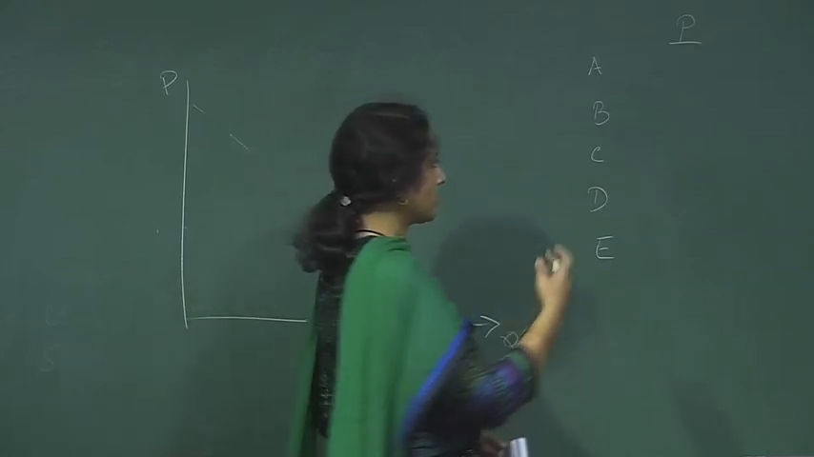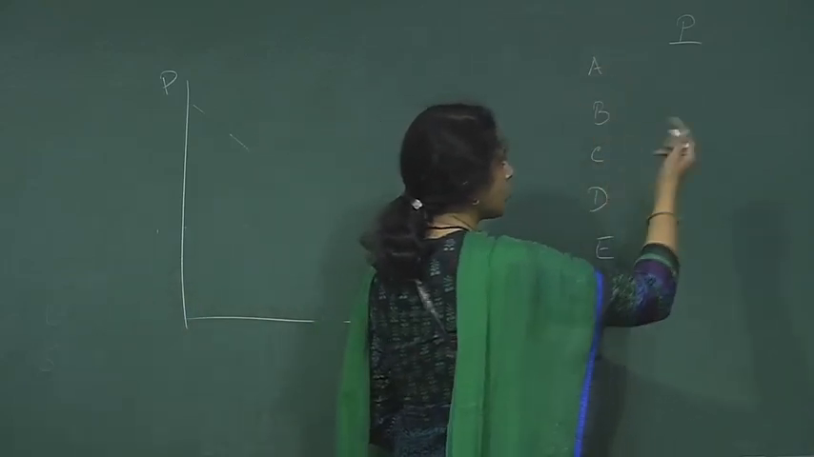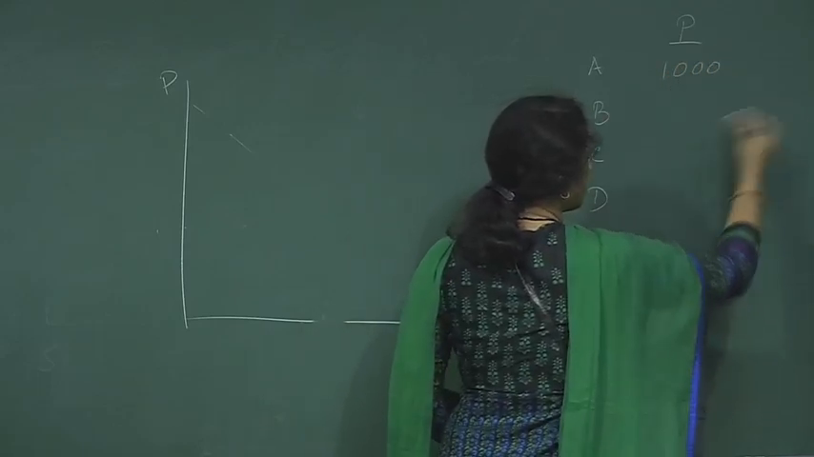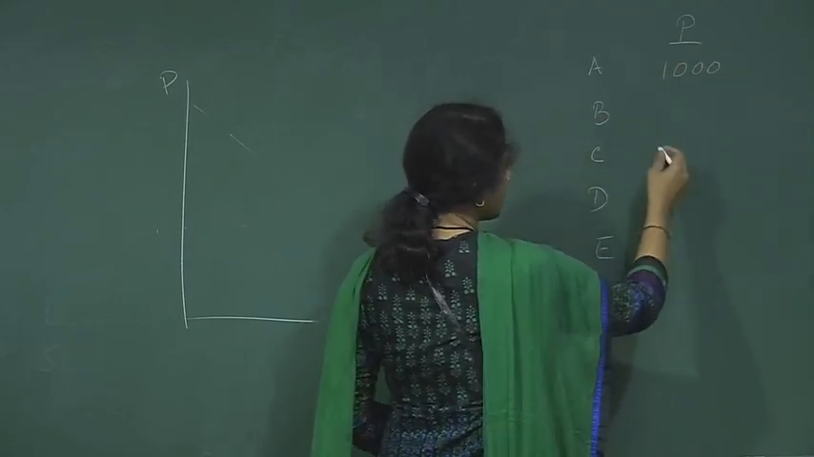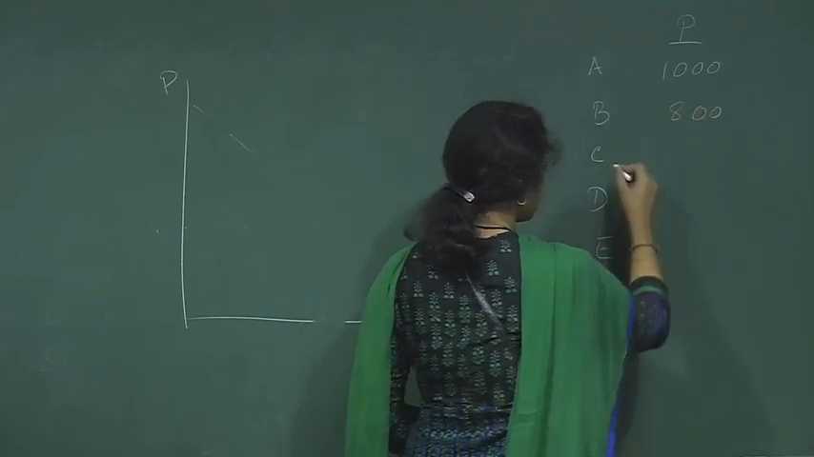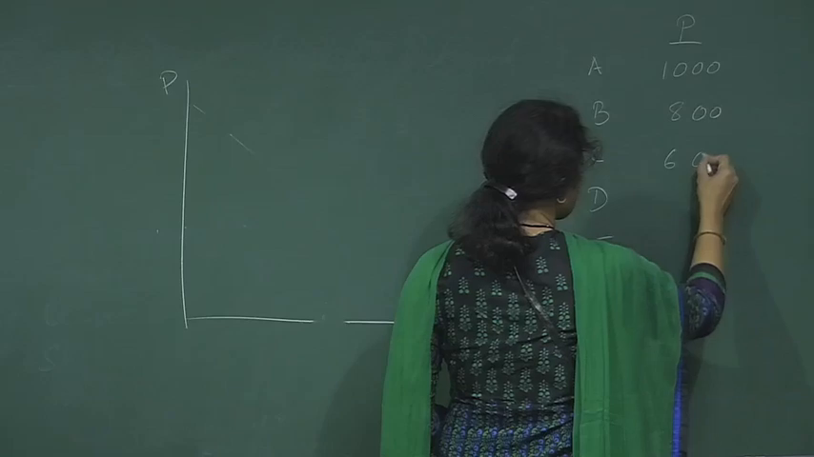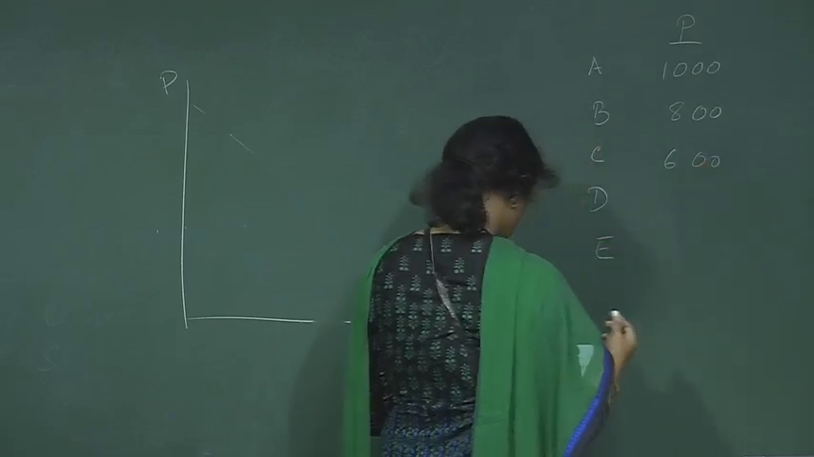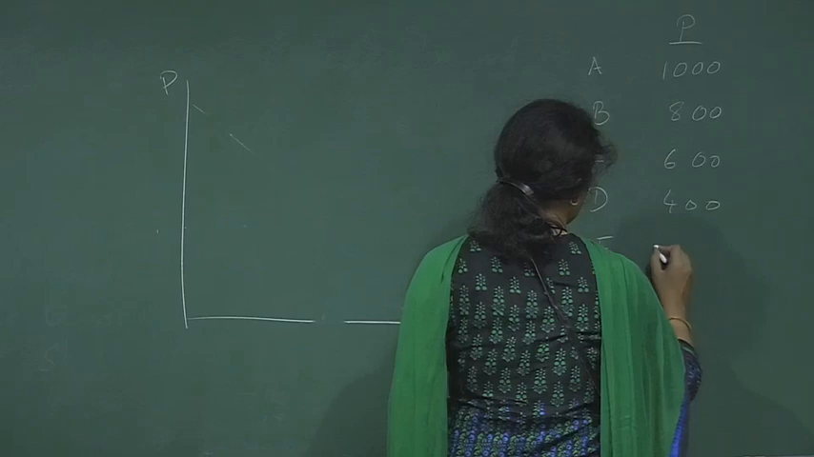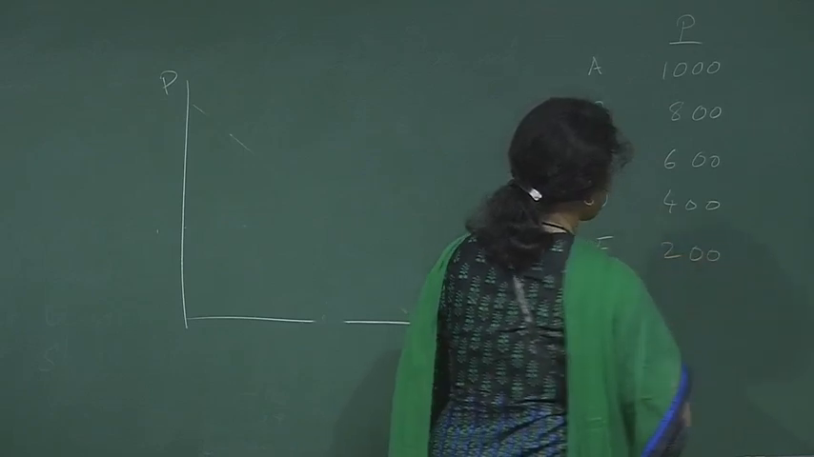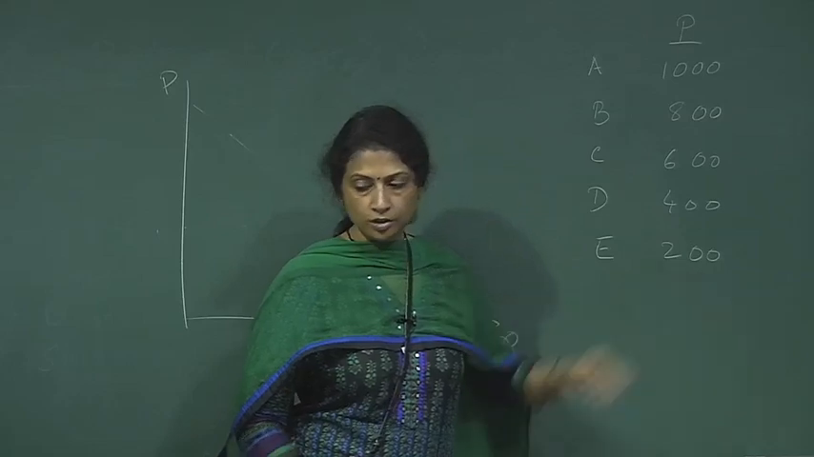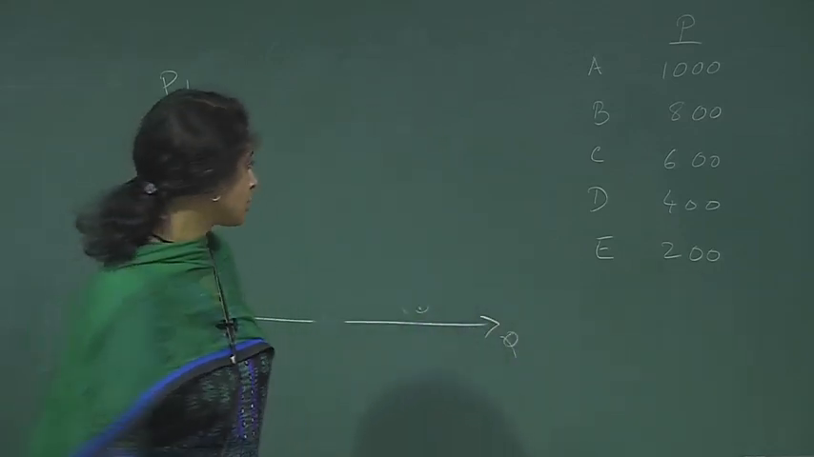So maybe A is willing to pay a price of 1000 per t-shirt. Now B is willing to pay a little less, he would like to pay 800. C pays even less, say 600, and D pays, and E has a very low willingness to pay of say rupees 200. So in such a situation,